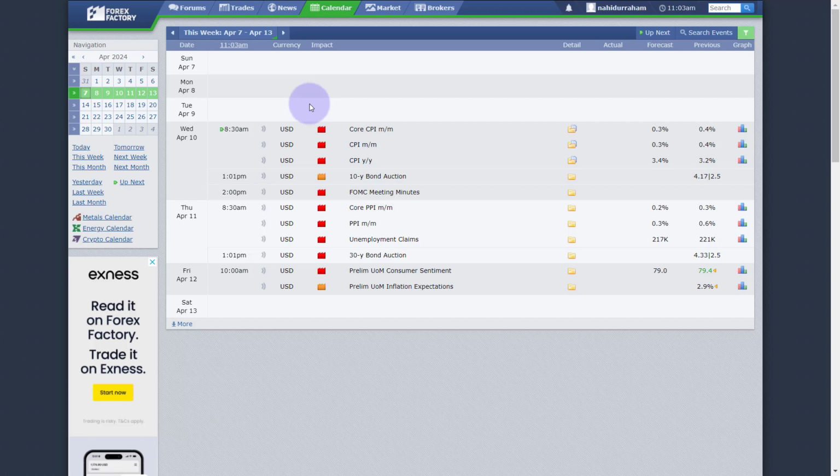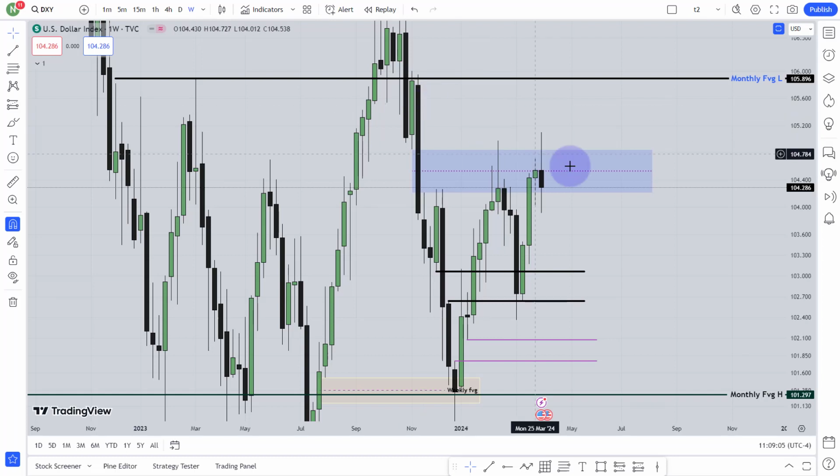What does that mean? That means around that area we are not going to get any kind of volatility. The market will be choppy, seek and destroy mode, something like that. Then from Wednesday, we'll start to get the volatility, and that means the big run will start to happen from Wednesday. So that's my expectation. Now I will go to the market and see what is going on over there.